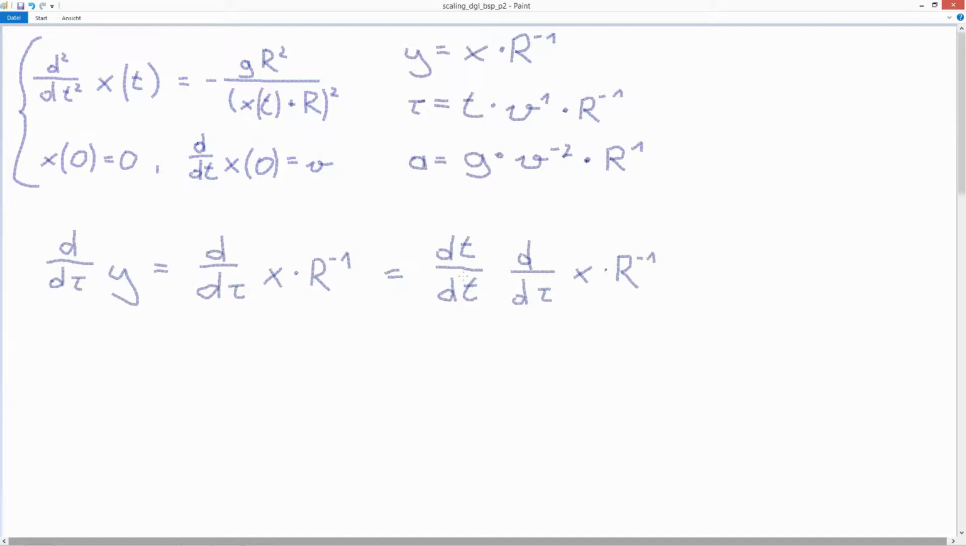So this here is just 1. So we can write it down like that and nothing is changed. And now we have this dt in the equation again. Let's write this down again in a little bit different way. So we write it down like that times